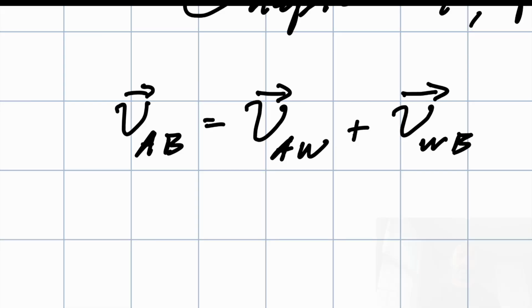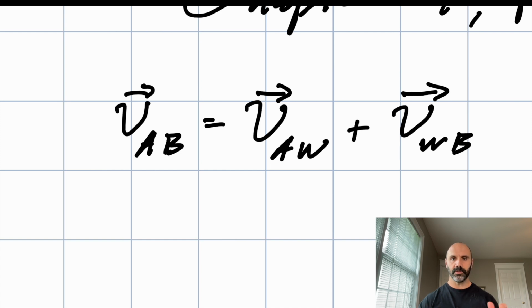Hello everybody. What I'm going to do in this video is tell you how to solve pretty much any relative velocity vector addition problem. And then I'm going to show you how to do problem 73 from chapter 4 of the textbook. Okay, so when you've got two objects that are moving relative to something else, like for example, this example,